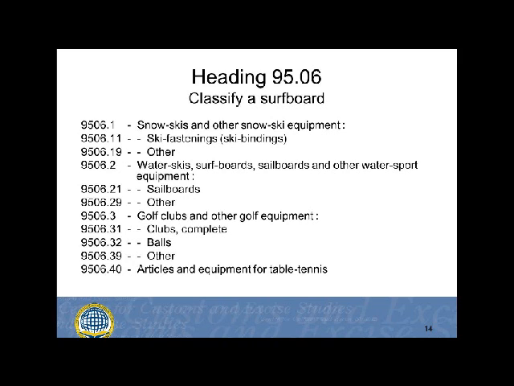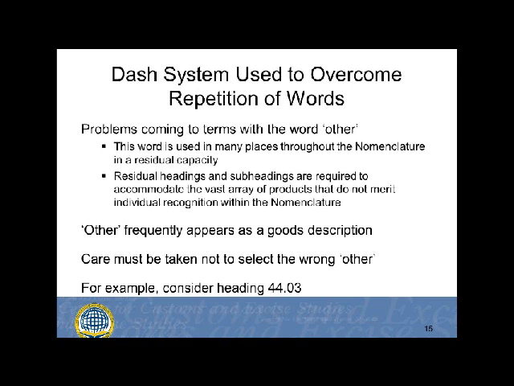The goods are not a sailboard of subheading 950621, therefore the goods are classified within the residual subheading 950629. In addition to the dash system being used to reduce the amount of text to be examined, use of the dash system is also an excellent way to overcome areas of the classification structure where there is a repetition